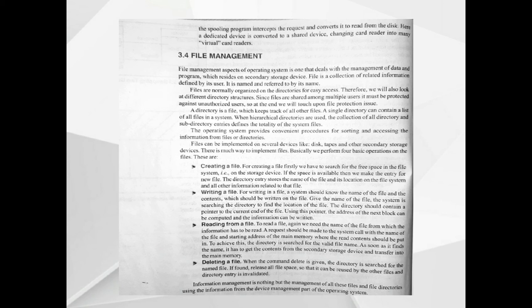Okay, here a dedicated device is converted to a shared device, changing a card reader into many virtual card readers. So I hope from there you have understood. From the card reader, the data is being copied onto the hard disk. If anybody wants to access that, then the access request is sent from the reader to the disk like that. That is taken care of by the spooling in the case of virtual devices. So those are the three things